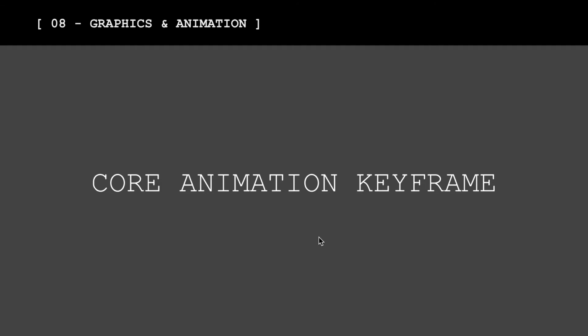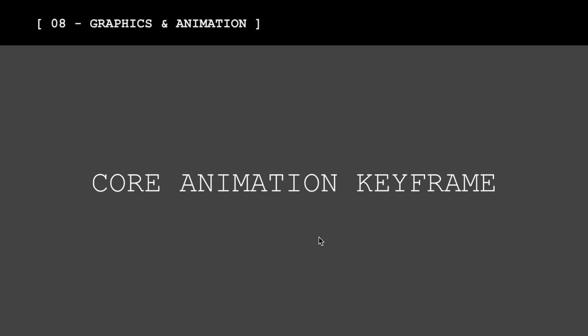So welcome back again. In this lesson, we're going to talk about Core Animation keyframe. That's an animation that essentially moves an object from one keyframe to another one, to another one, as many of them as you might have. And then you can decide about the timing between them. You can choose to go slower at the beginning, faster at the end, or any other combination that you might want to think of. So to do that, I'm actually going to go ahead and make a very simple project